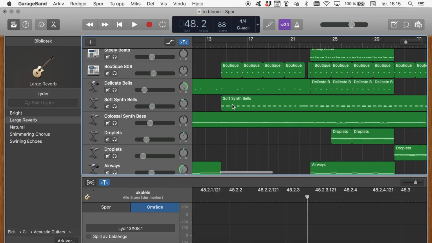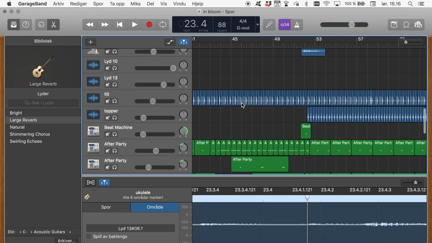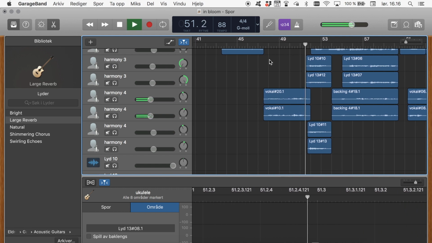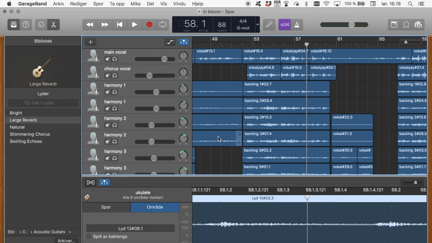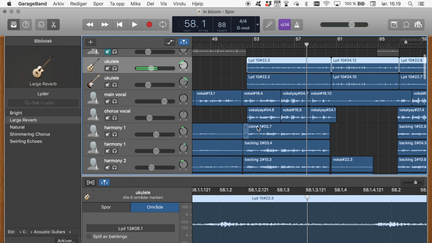And one of the problems were the transitions from the verses to the chorus. I added some extra harmonies. So that was the harmonies that sound like this. I don't know. So I actually think that had quite an effect. And what I do when I add harmonies is that I always record the same harmony line twice and I pan it out. So the panning is this kind of circle thing here where you can put the marker to the left or to the right. But then I ended up getting a lot of harmony lines,